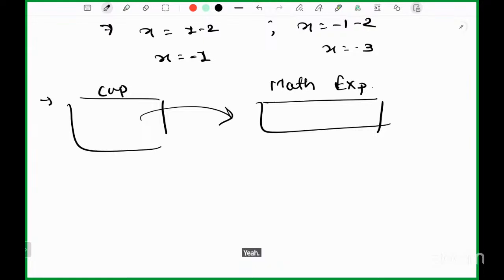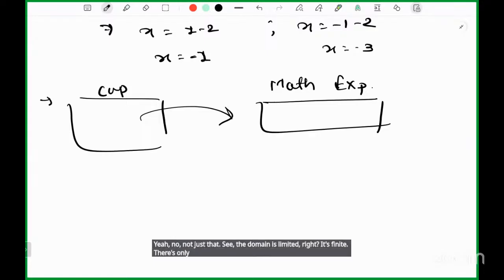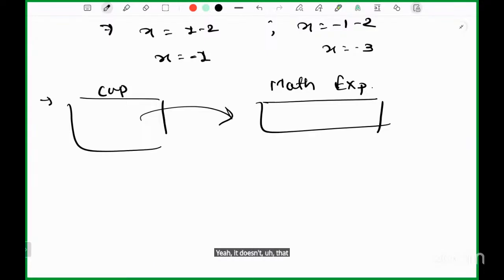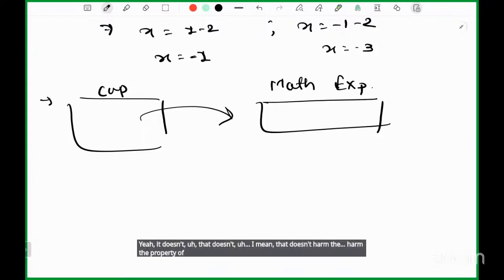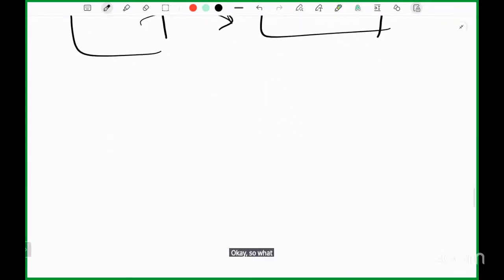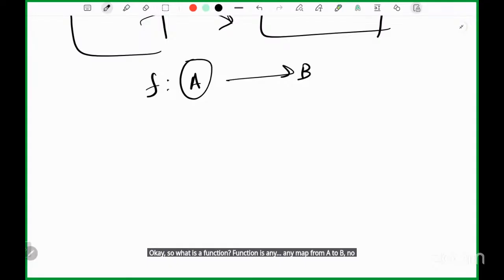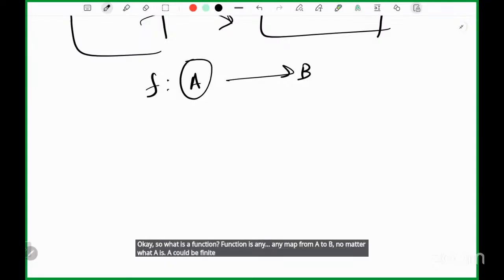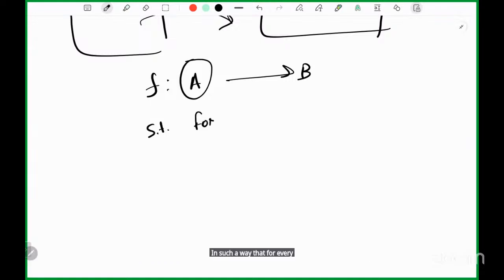Yeah, not just that. See, the domain is limited, right? It's finite. There are only five elements in the domain. That doesn't harm the property of a function, right? So, what is a function? A function is any map from A to B, no matter what A is. It could be finite, it could be infinite, it could be anything, in such a way that for every A